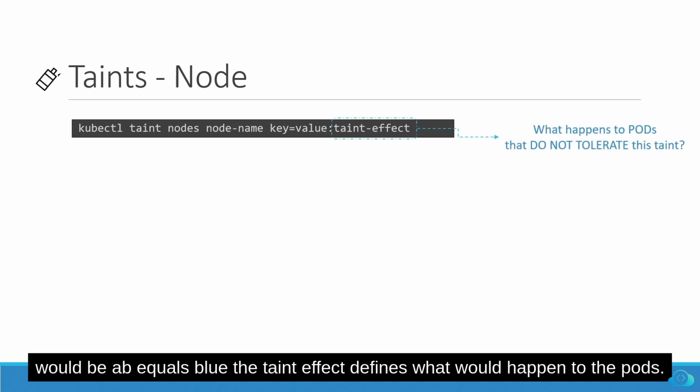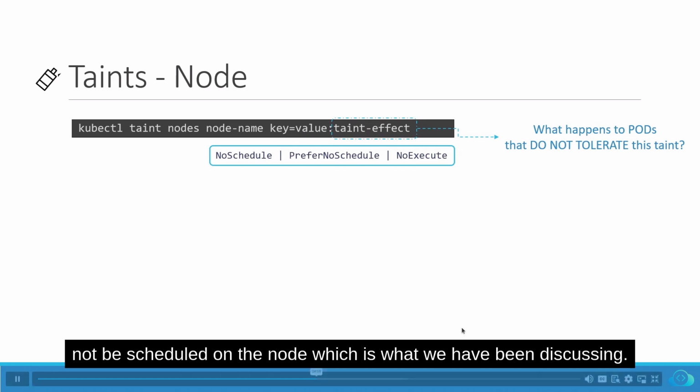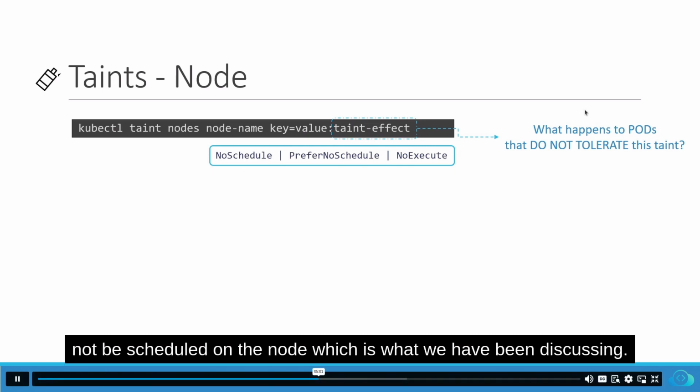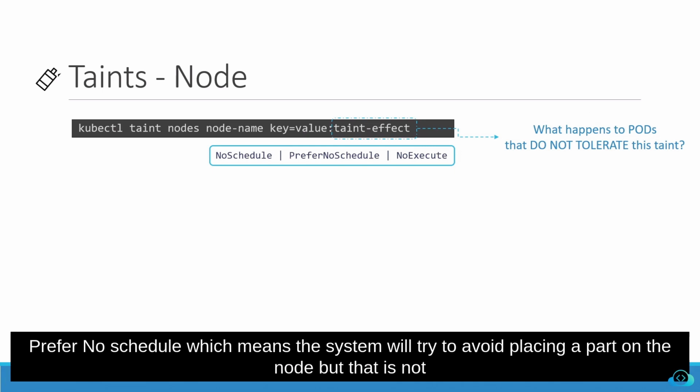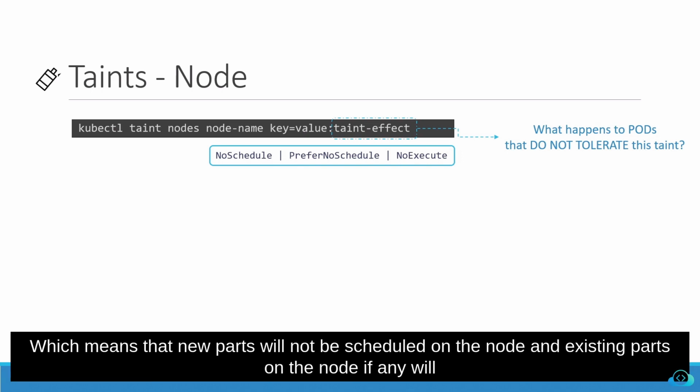The taint effect defines what would happen to the pods if they do not tolerate the taint. There are 3 taint effects. NoSchedule, which means the pods will not be scheduled on the node, which is what we have been discussing. PreferNoSchedule, which means the system will try to avoid placing a pod on the node, but that is not guaranteed. And third is NoExecute, which means that new pods will not be scheduled on the node and